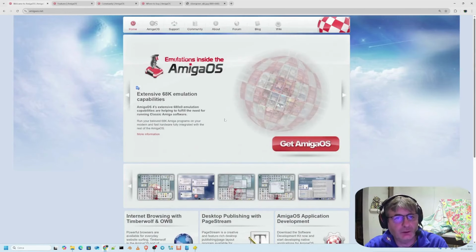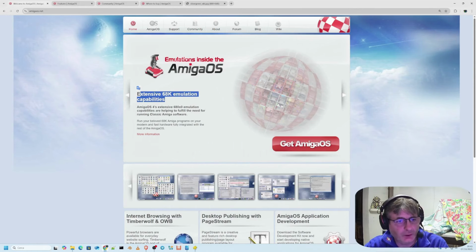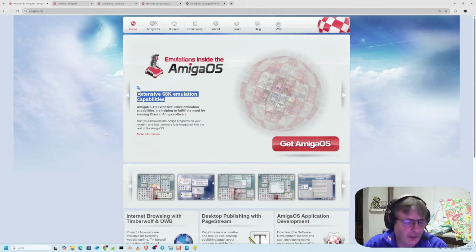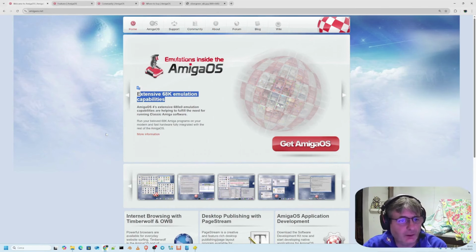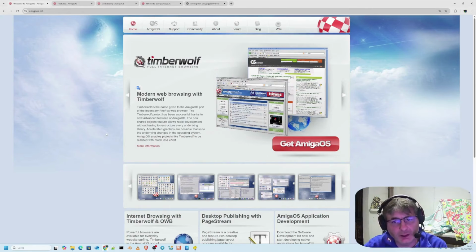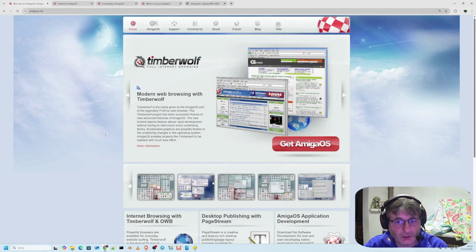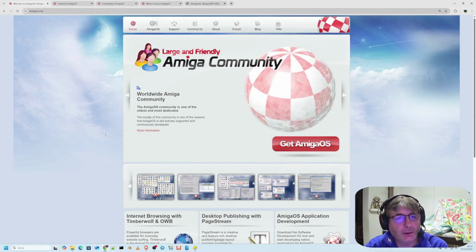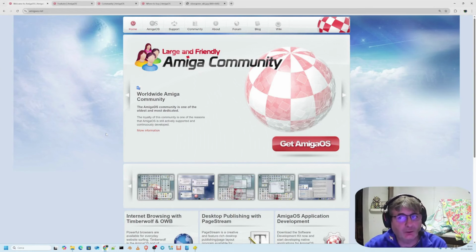There's extensive 68K emulation, Amiga OS 4 extensive capabilities, running classic Amiga software, so we have excellent compatibility. I already mentioned the integrated TCP stack, graphics support. Here we're talking about Picasso 96, support for modern file systems, and USB. Well, what can I say? The hardware is limited to the Amiga One, the SAM, the X1000, the X5000, and we've already talked about those.